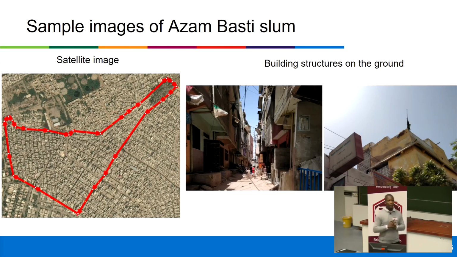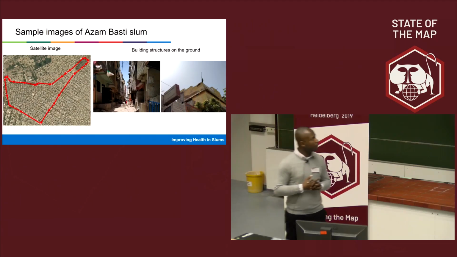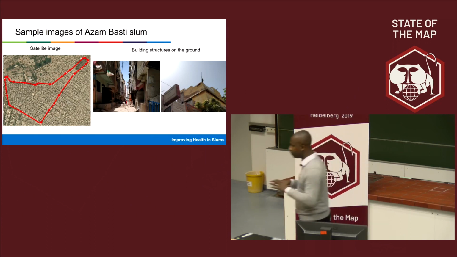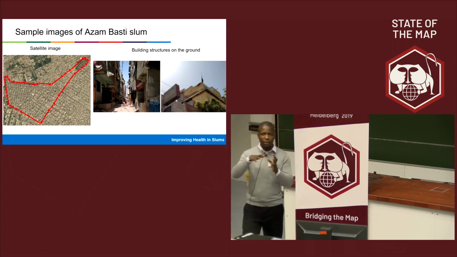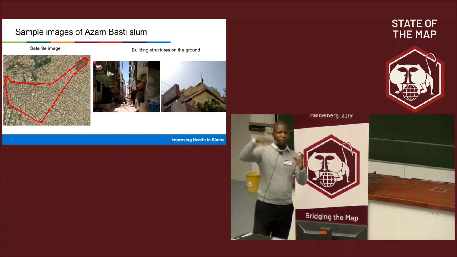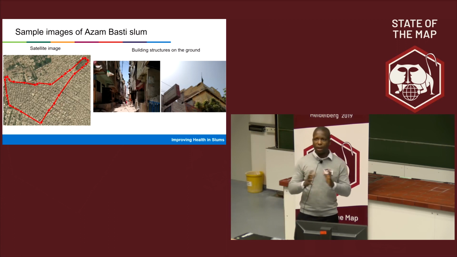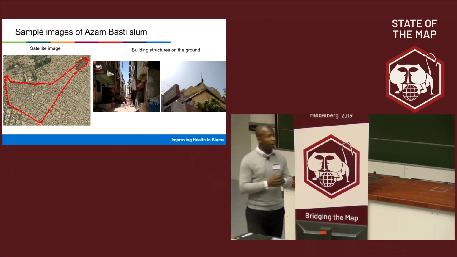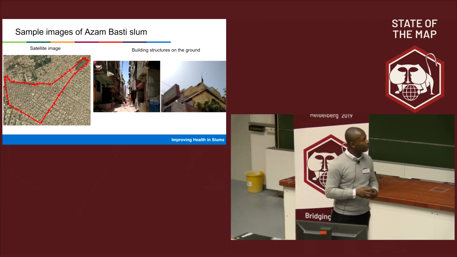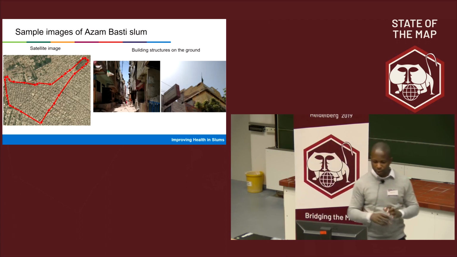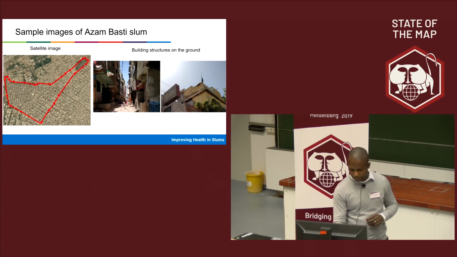Just to give you an idea of how these 3 slums look. In Azambasti, the buildings are very tall and durable, the rooftop architecture is of concrete type, and they seem to be building structures vertically on top of existing structures. We realized this also has implications for satellite image interpretation during the mapping. In the satellite imagery, we found it very difficult to interpret the building footprint. I'll show an animation of this geometry change and also some graphs.